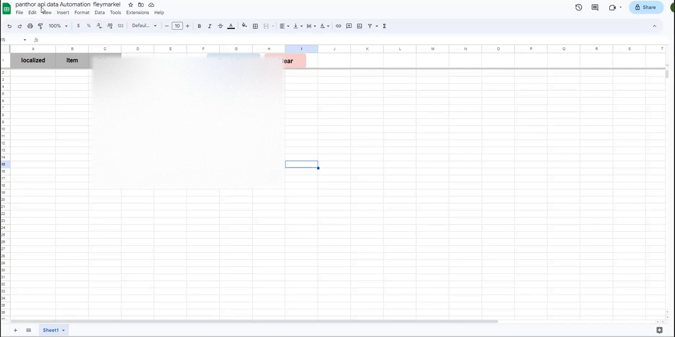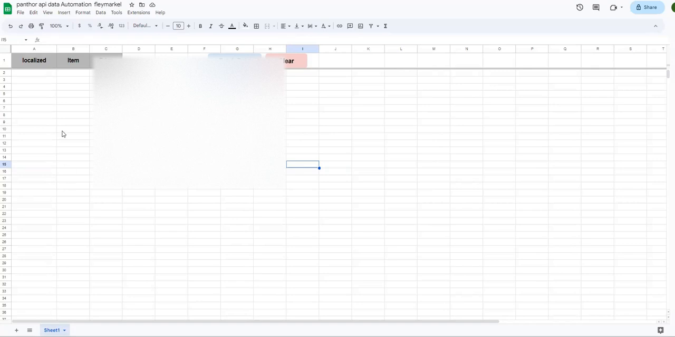So this is basically an API whose link you have already shared with me. I have written a code and let me show you how this is going to work. So you can see this is Sheet1. The tab name is Sheet1, and I'm pulling three values: localized, item, and the prices. Let me show you the